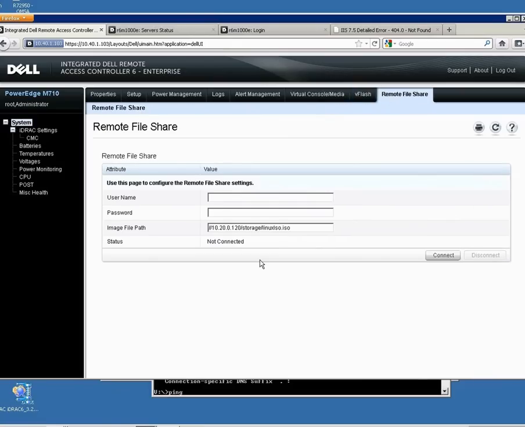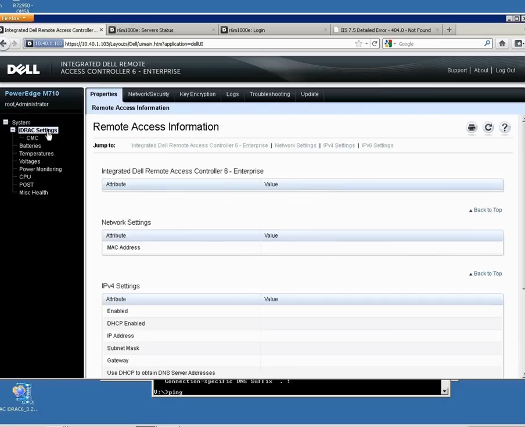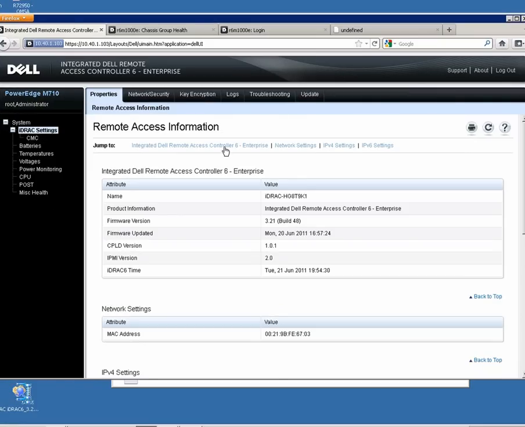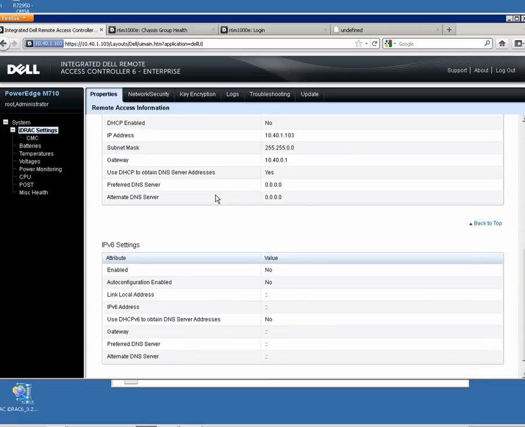Remote File Share allows you to connect to a remote network drive that is also addressable by the iDRAC like the vFlash. To connect, you simply specify the IP address and file path and enter your username as username@domain.com. Moving on, in the left-hand navigation, we've gone to the iDRAC Settings, and we're looking at the remote access